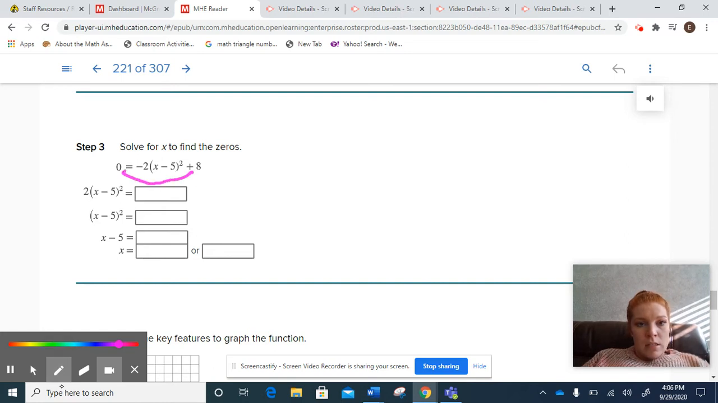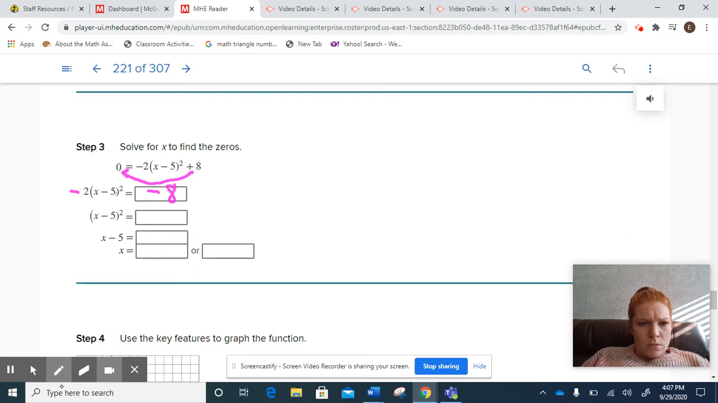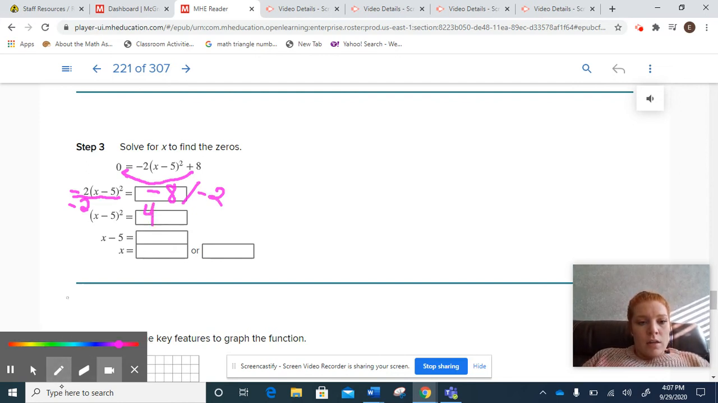So I'm going to move the 8. I don't know why they got rid of the negative on that 2. Okay, so divide by -2. So I get a 4. Then I can go ahead and square root. So I get x minus 5 equals plus or minus 2. So my two answers could be